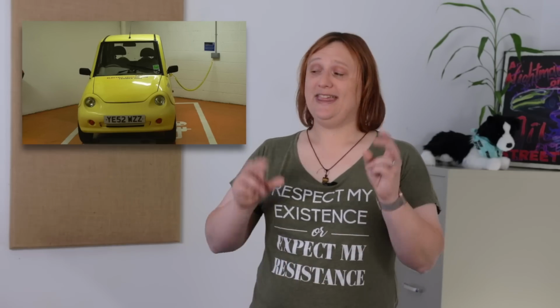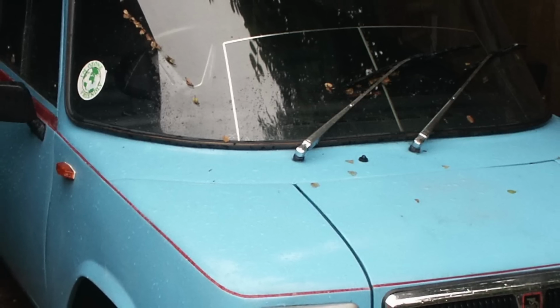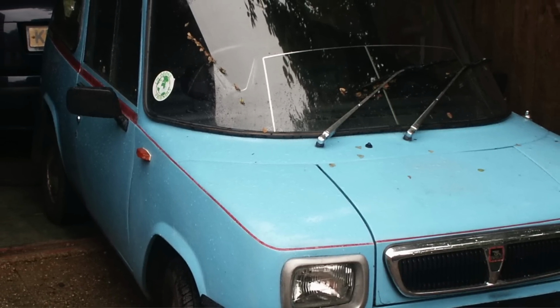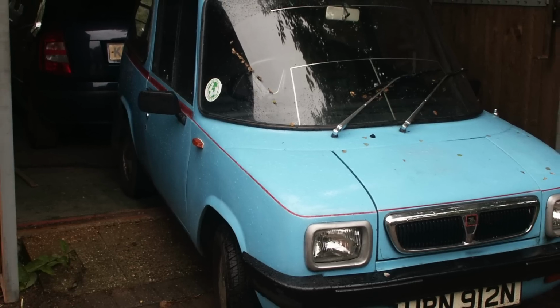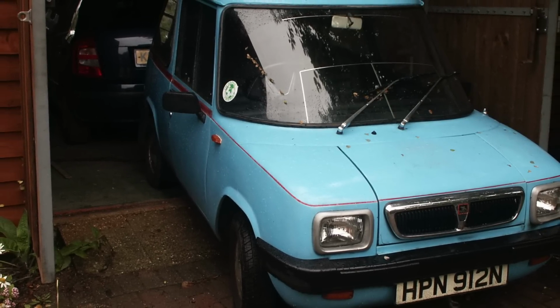She'd been seeing the fun that my wife and I were having driving electric, slight irony there because early days were anything but fun, and decided to get an electric car for her mother. And so, with some help from yours truly, we found an original Enfield electric car for sale in a classic car magazine. It was in Wales and we drove to pick it up, and after a little TLC and some new batteries, it passed its MOT, that's a UK roadworthiness test,